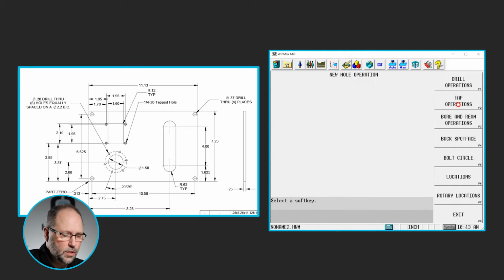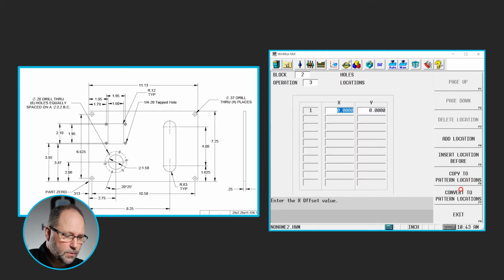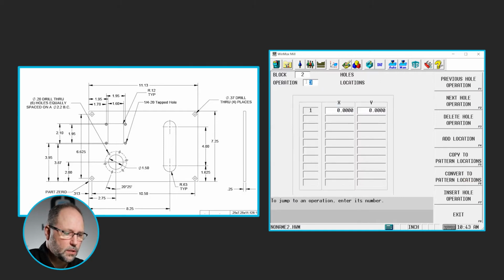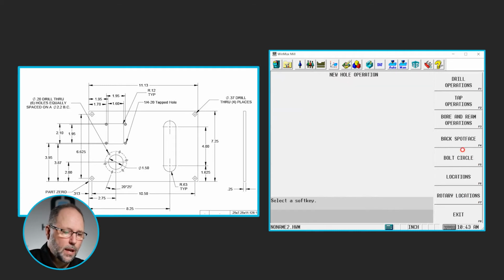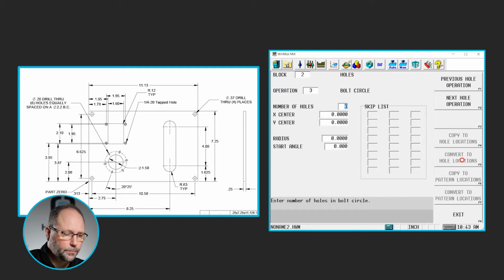Next hole operation will be the locations. I'm sorry, will not be locations. We're going to delete that. So I'll highlight the operation, delete hole operation. Now I can insert a new one, and it will be bolt circle. There are 1, 2, 3, 4, 5, 6 holes in the bolt circle. The center is 2.75 in X,